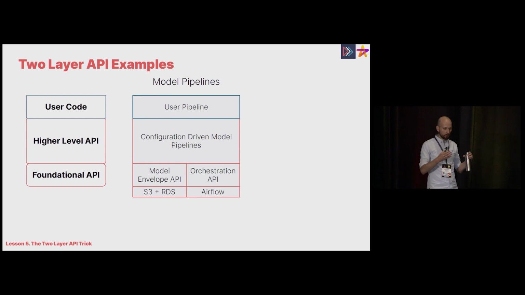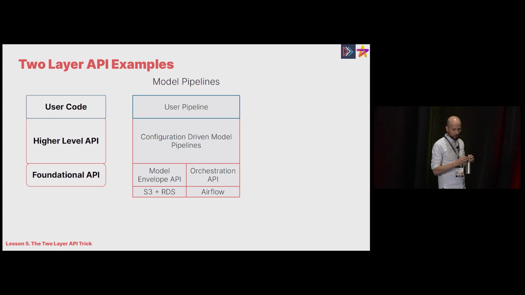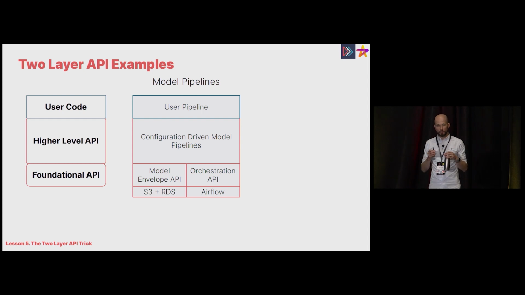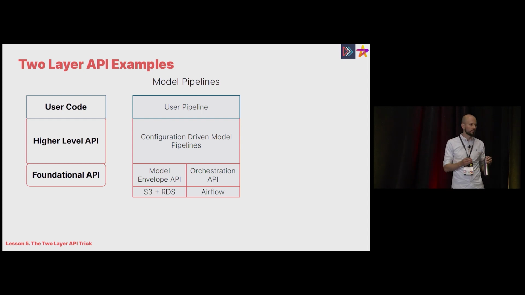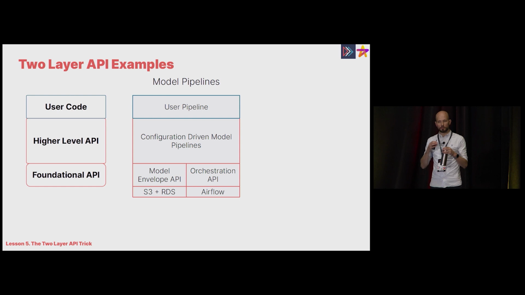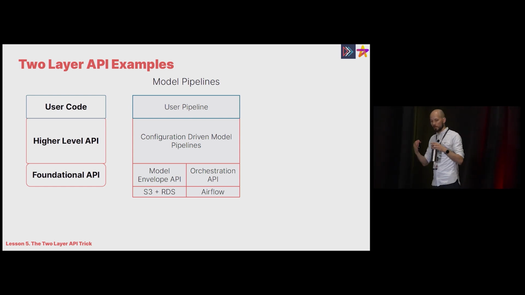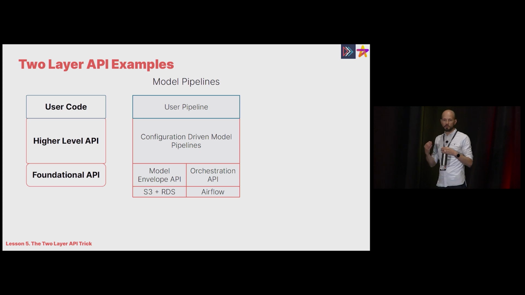This worked well for us at Stitch Fix because we could change things in the foundational API, but people's pipelines didn't have to change if we wanted to switch what bucket we save things to, or if we wanted to do a database migration. People didn't have to change their pipelines, and so this actually helped our team move faster, since we didn't have to hold people's hands to migrate something, since we had this two-level layer of abstraction.